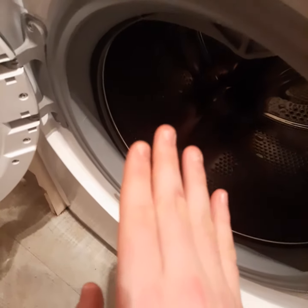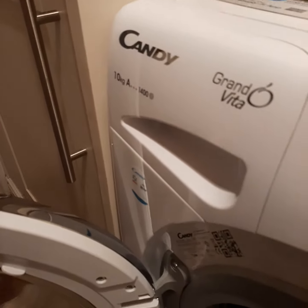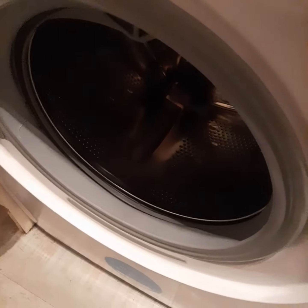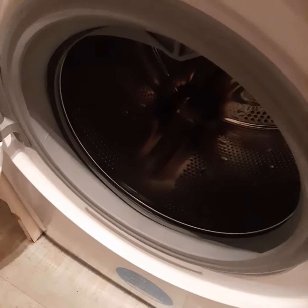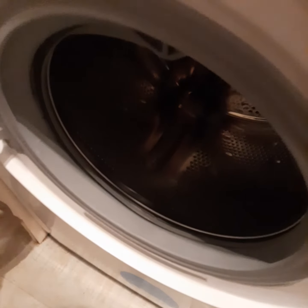Single-handedly, I am doing virtually nothing. This machine is built to take 10 kilograms of laundry at 1,400 RPM. It weighs 69 kilograms. It is absolutely atrocious. Look, I